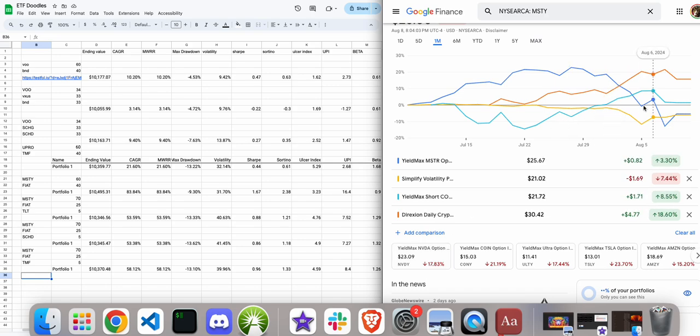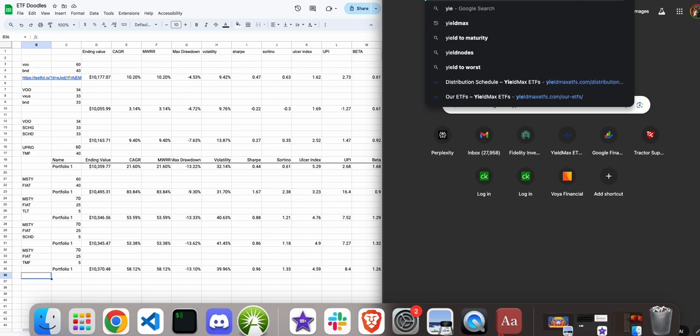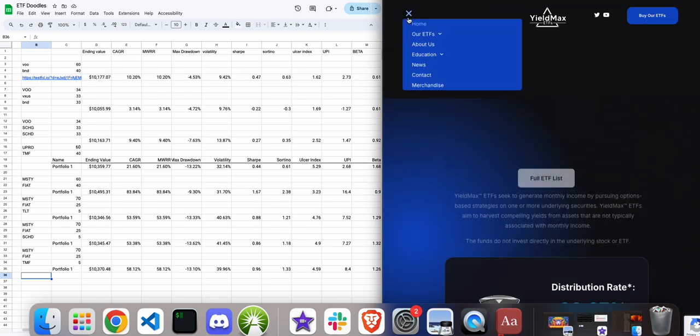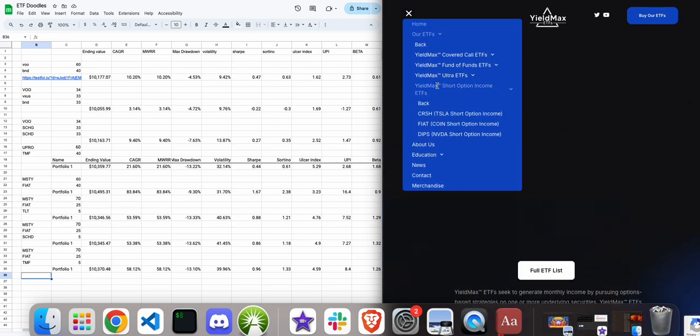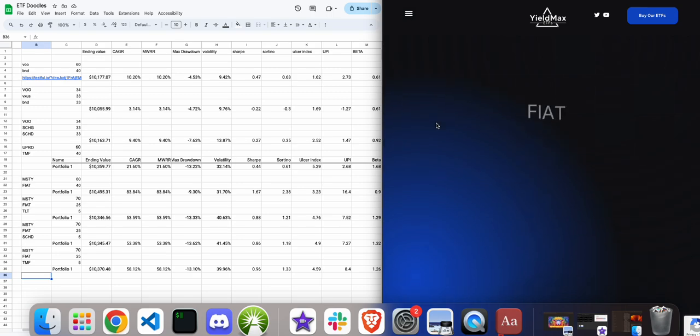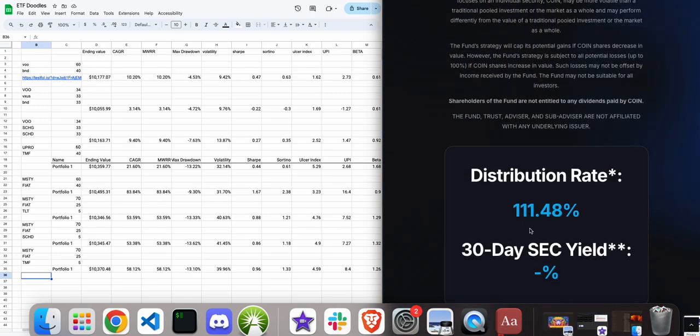It's like on the day that it was there, I don't know if there's any covered call. Like, at least when fiat goes down, the net asset value goes down, this time for yield max. And it's not going to be this time every single time. But fiat has 111.48% distribution, first one,